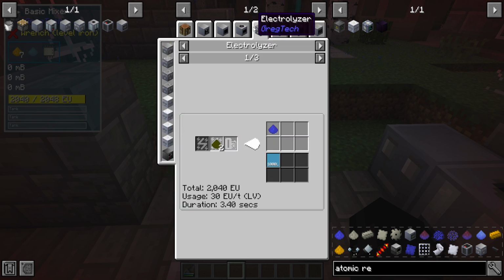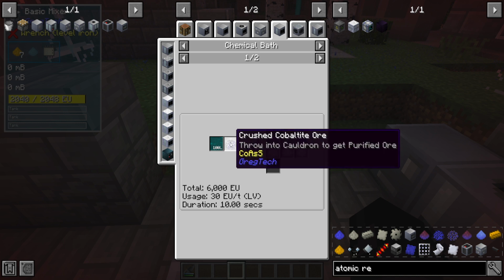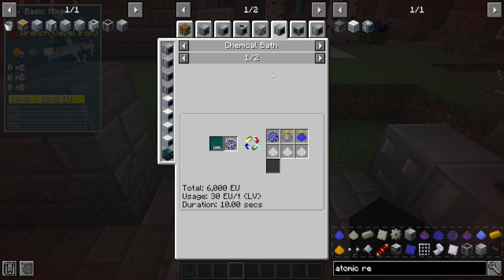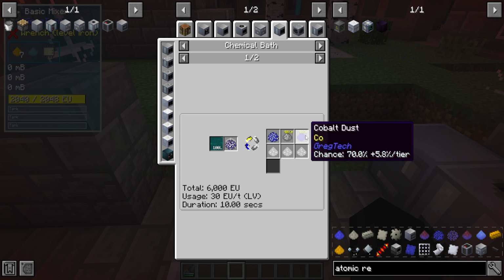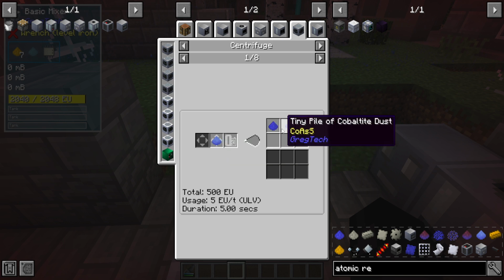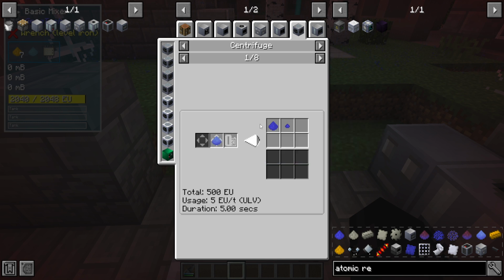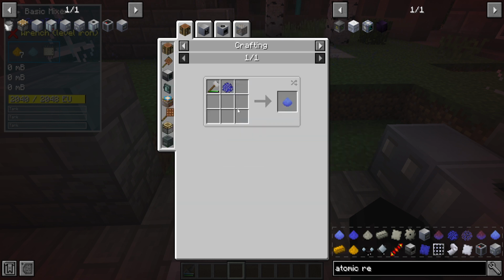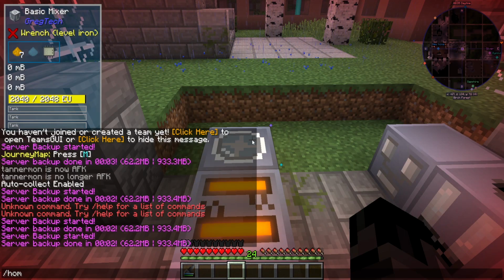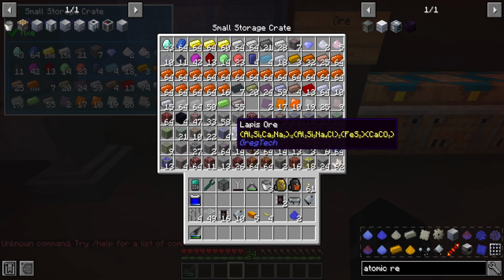Okay, that was my bad. I did have crushed cobaltite ore, but I guess I got it into a different kind of dust. Oh, but this is a 70 per, oh, okay. Cobalt dust. I thought I centrifuged the wrong thing, I think. So you need 1 of these purified piles of cobalt. Okay, so I think it's just, let's go back here, back to home, grab 1 cobalt,